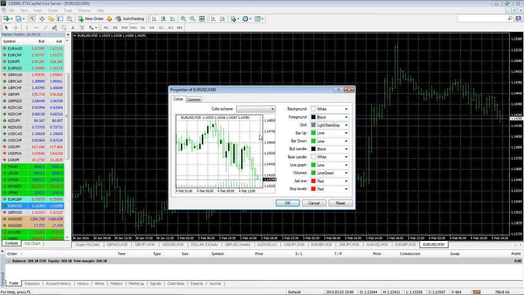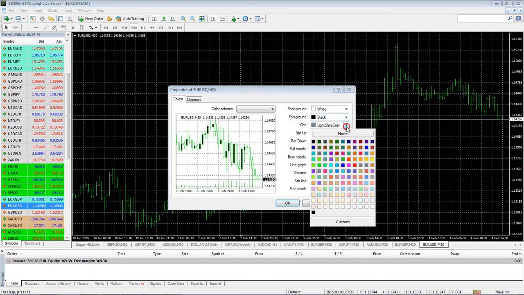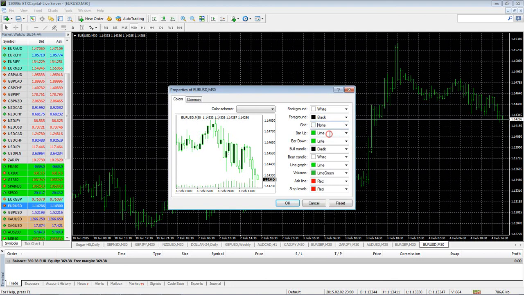I'm going to also disable the grid. Now if you like these squares on your charts, feel free to keep them there. I prefer my charts without the grid, so I'm going to just deselect the grid by selecting none and have a nice clean chart. Now I want to change the candlestick bars to the default bars, that's industry standard, and